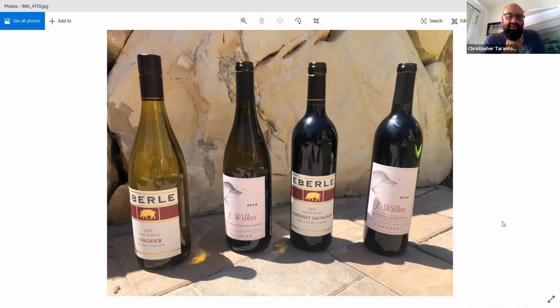Now, I went ahead and shared what we have today when you were talking about white and red and the like. We've got Eberle Viognier in 18 and 18 J. Wilkes Viognier as well. Then a Cabernet Sauvignon 17 from Eberle, and then a 16 J. Wilkes Highlands District Zinfandel. When we were talking about alcohol in this conversation, we wanted to put forth things that maybe were a little different than what people are normally used to,